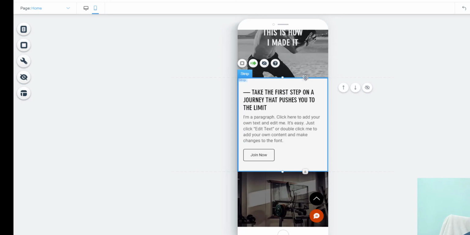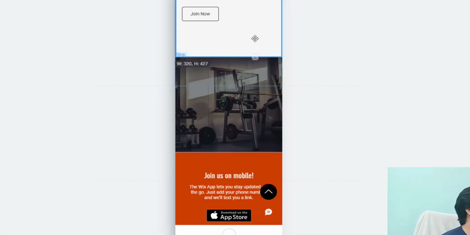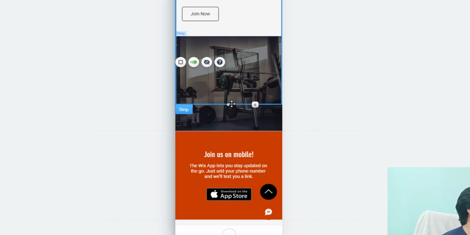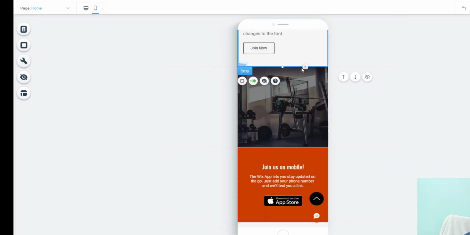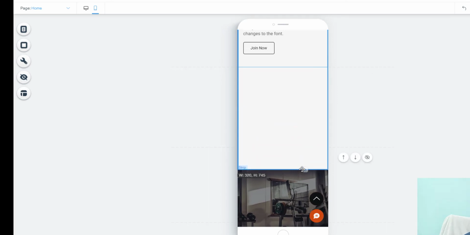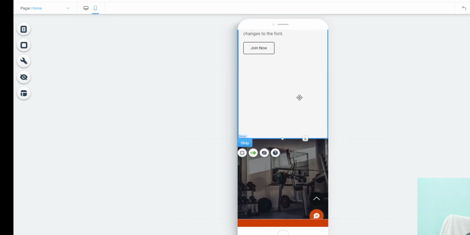Okay, and with this also you can easily change the height of your strip, but I want to show the difference between these both. Okay, just see this. Like if I am dragging this one, it is overlapping the second strip, the strip below this. And if I am doing it from this arrow option, then it is dragging it but not overlapping the below strip. Okay, so that is the difference between both of these.